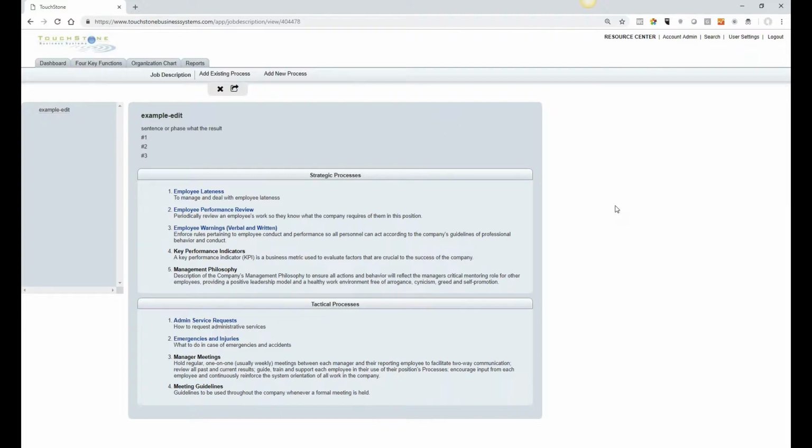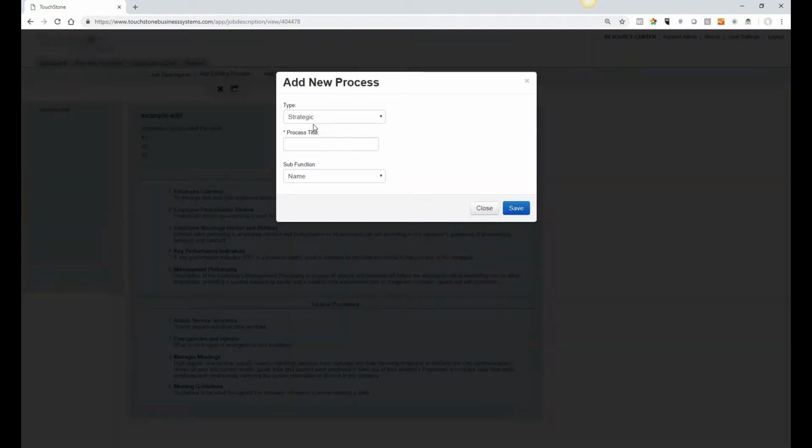But after I've built this job description, if I'm looking at it and saying, oh, this process is missing, and oftentimes that happens because we're looking at this in a new perspective right now. Before, we were just seeing it as lists on the 4 functions by subject area. Here we're looking at this by the position, by the work that this person does. So when looking at it from this perspective, you might say, okay, well, this process is missing. So you can go right here to add new process, choose again strategic or tactical, put in the name